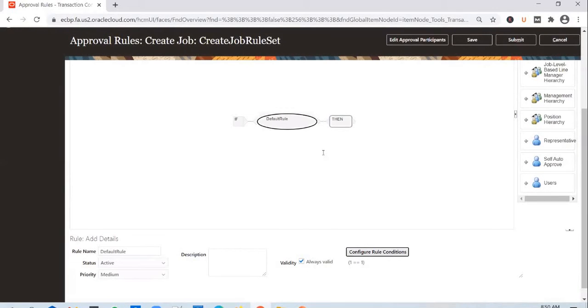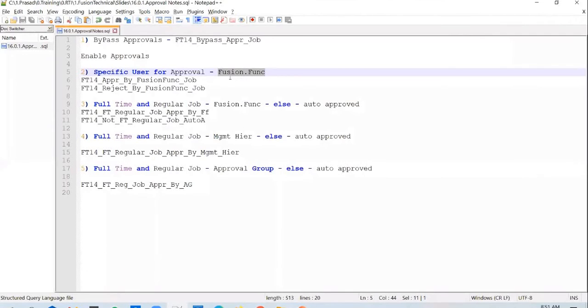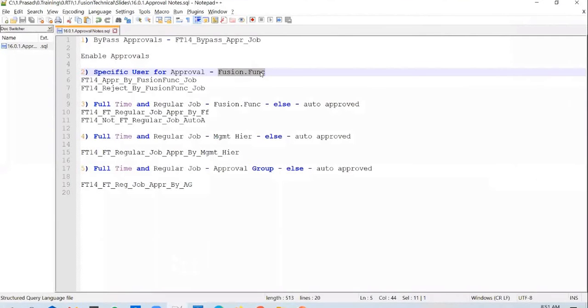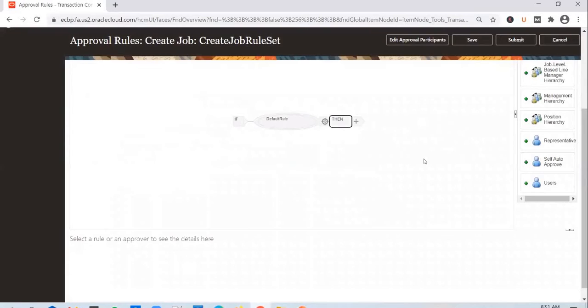And in the then clause, what did the client say? The client said that all the jobs should go to fusion.func user for approval, right? So you need to use the users option, and you need to choose fusion.func user. And this is important, guys, please pay attention here.